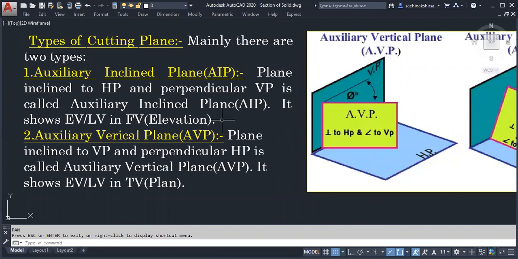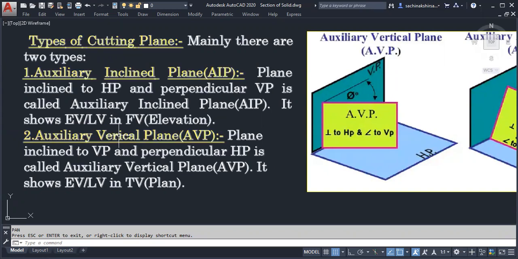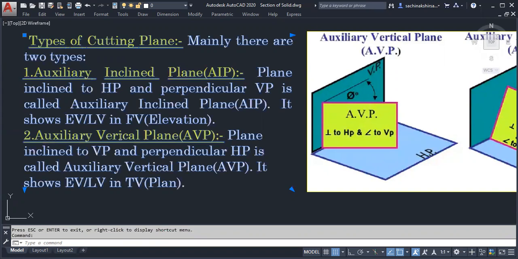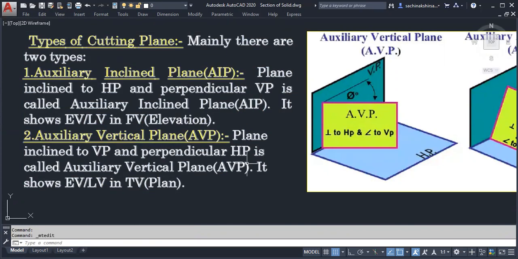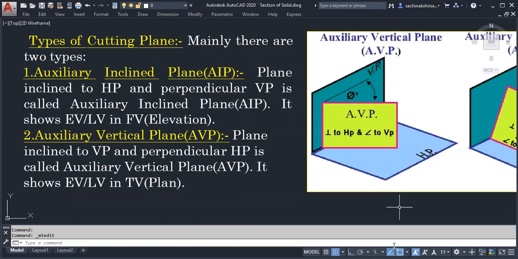Which are they? Auxiliary inclined plane and auxiliary vertical plane. Not vertical, vertical. So auxiliary inclined plane and auxiliary vertical plane.